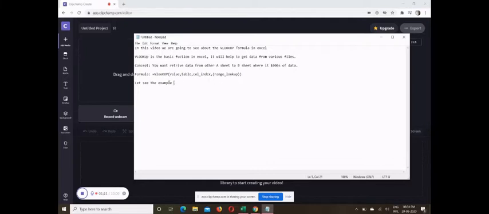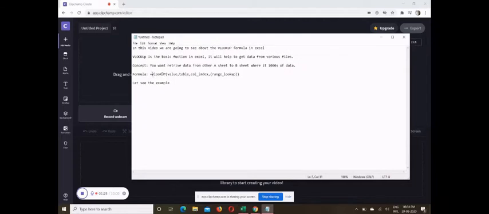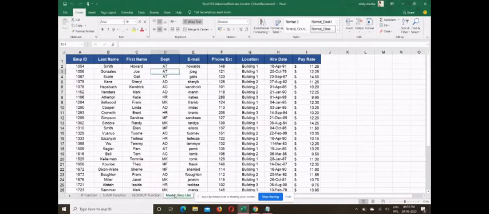Okay, the VLOOKUP formula is nothing but VLOOKUP: value, table, column index, range lookup. I'm going to explain with a sample file. This is my master sheet. I'm showing this as a perfect example for you.